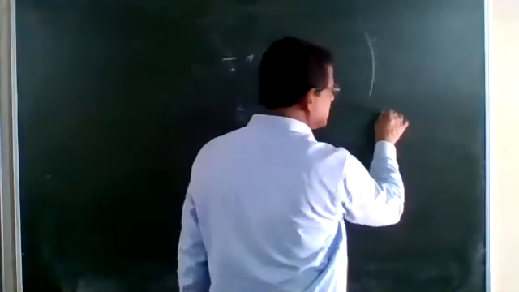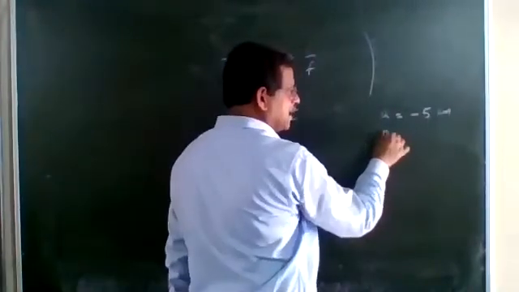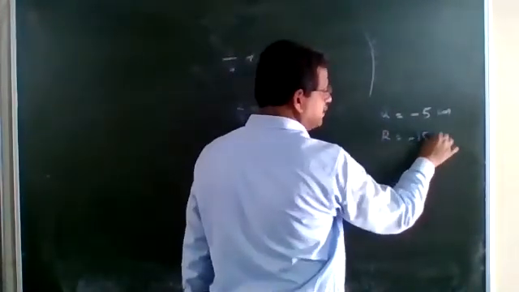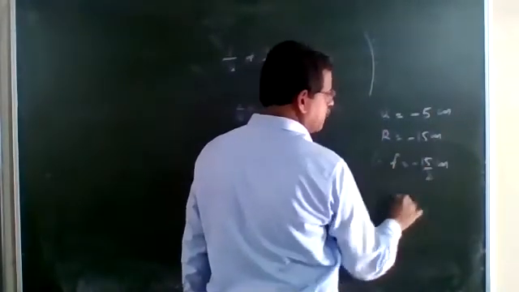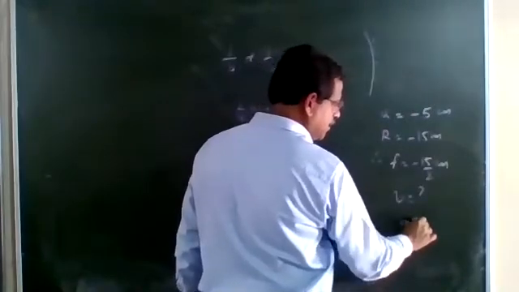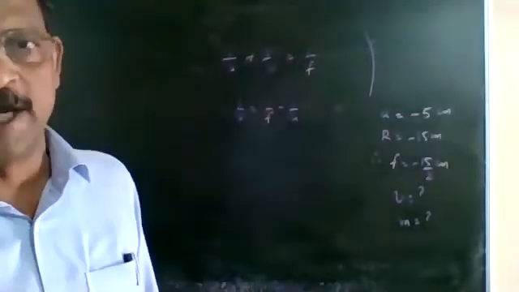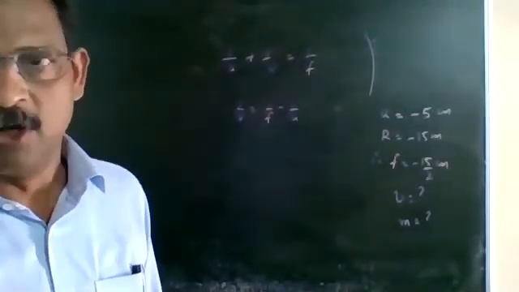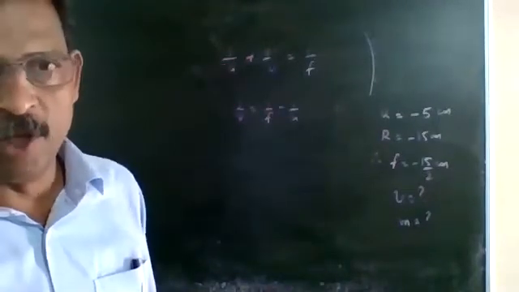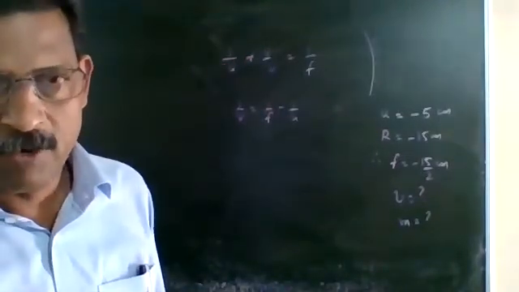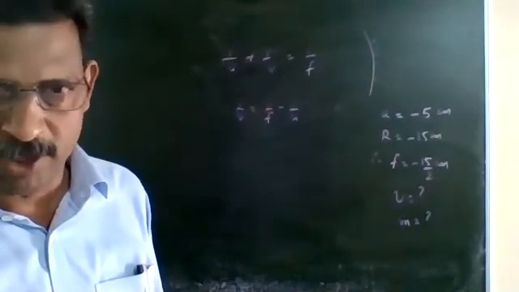So object distance is given as equal to minus 5 centimeter and r is given as minus 15. Therefore, f equal to minus 15 by 2 centimeter. Where will be v and what will be m? You can recognize the numerical values with sign and what value you get from the equation. All of you calculate yourself fast. Mirror formula: 1 by u plus 1 by v equal to 1 by f. To find the position of the image, 1 by v equal to 1 by f minus 1 by u.